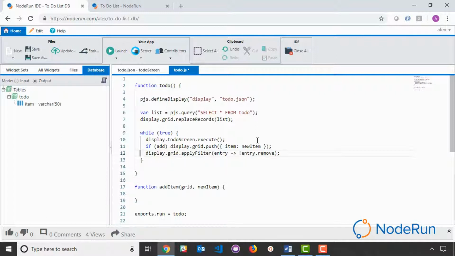And whenever we call this right here, instead of calling display.grid.push, we're going to move that over to the separate function. And over here, we're going to just call addItem and pass to it display.grid and the new item. Modify this here. So now all that we've done is we've just reorganized it so that the add functionality happens within a separate function. But now before we add it to the grid, we also want to add the item to the database,